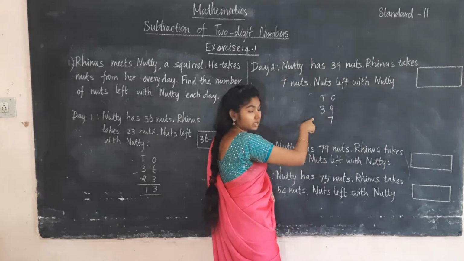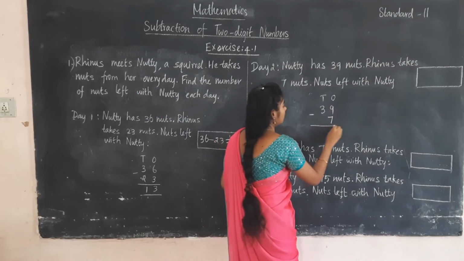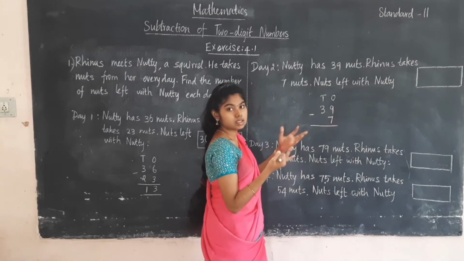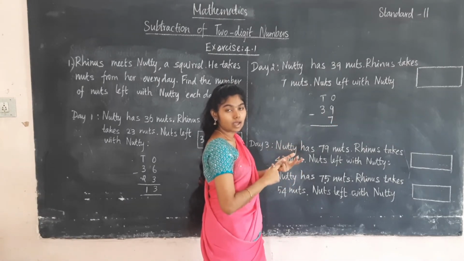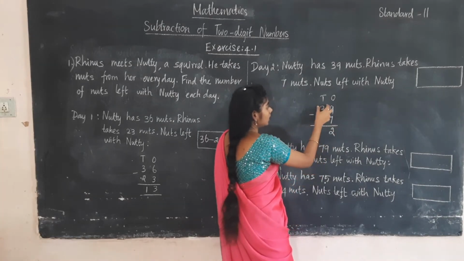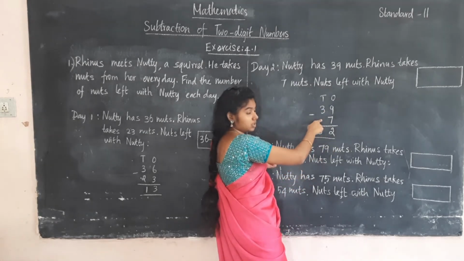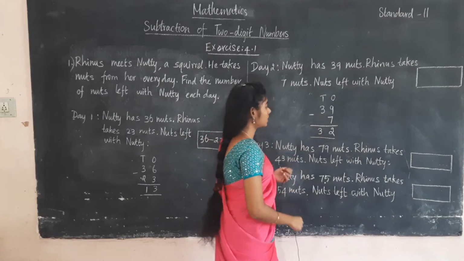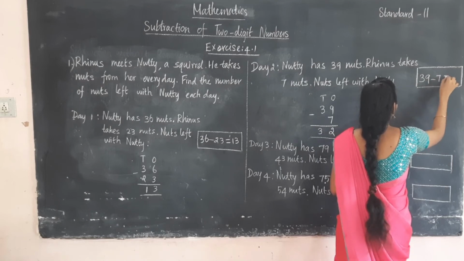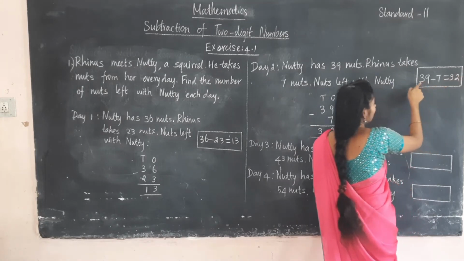So now we are going to subtract this number. We are doing this without regrouping. So subtract the number. First number in the mind and next number on the fingers. Say before 9: 8, 7, 6, 5, 4, 3, 2. Now write the number 2 in the ones place and then write 3 as it is given there. In the tens place we write 3 because there is no number here. So what's the answer? 32. So you write here 39 minus 7. We got the answer as 32. That is, we subtracted 7 from the number 39.